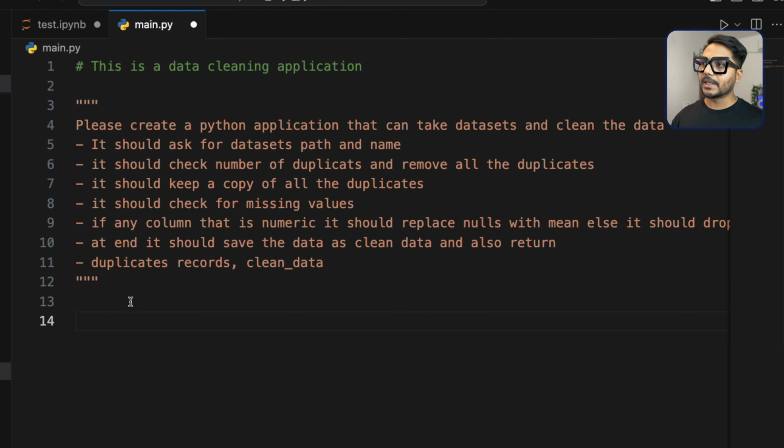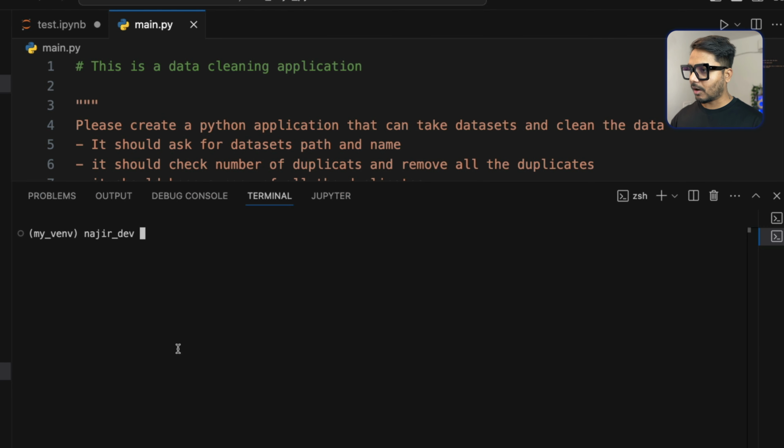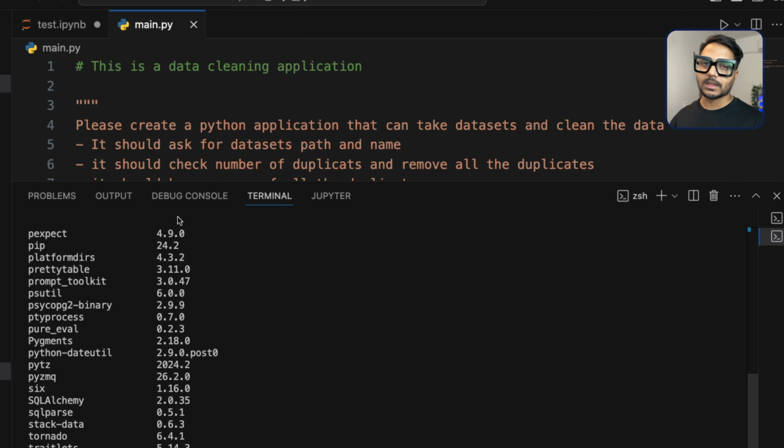Now all the dependencies that I'm going to install, I have already installed in my terminal, which is in my environment. If you are just watching this video, you need to make sure that you have all those packages. Okay, so we will be needing a lot of packages today to build these applications. So let's go ahead and open the terminal and let me show you what packages we will need. You can just write pip list and you will see all the packages that you already have